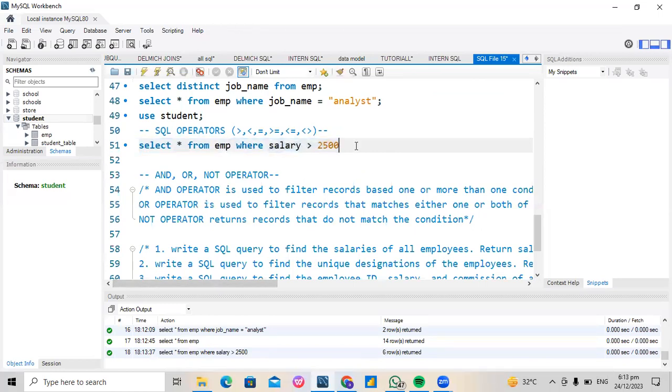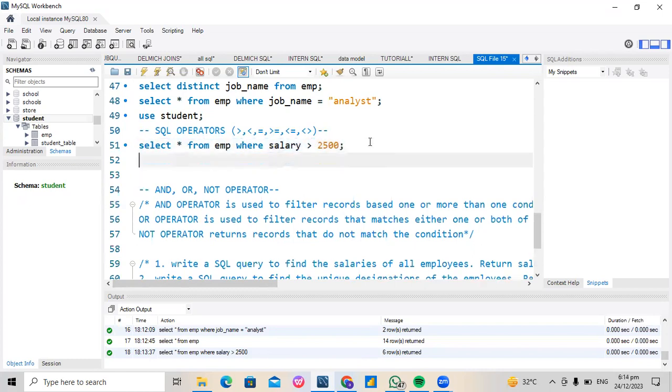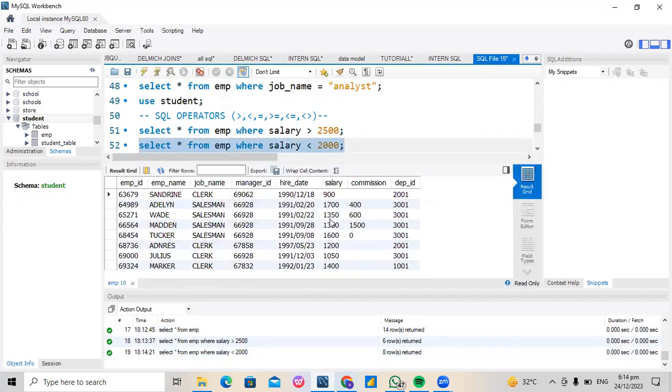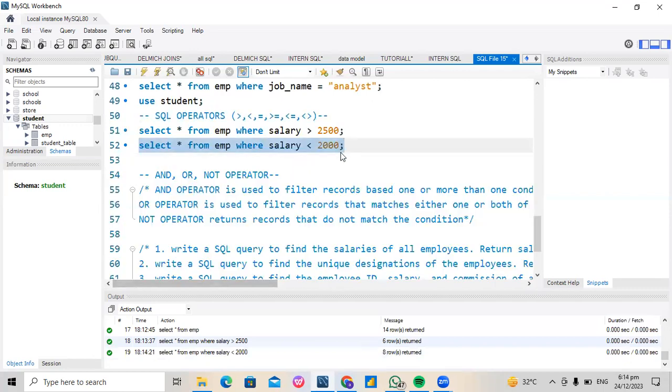So I can also use this if I'm dealing with something lesser than a particular number. I can actually play with the rest of the operators. So let's say I want to return employees receiving below, let's say below 2000. So that's select everything from employee where salary is less than 2000. If I run this, you're going to see all the employees receiving below 2000. So out of 14 employees, 8 employees are receiving below 2000 naira as their salary. And so on and so forth. You can play with the rest of the